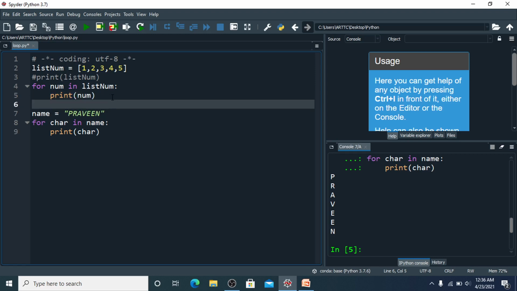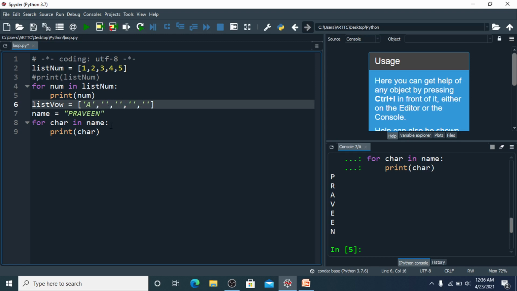So let us make a list here. List vowel is equal to a list of the five vowels: